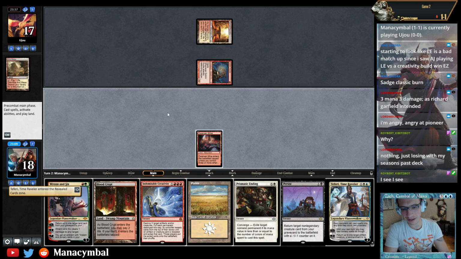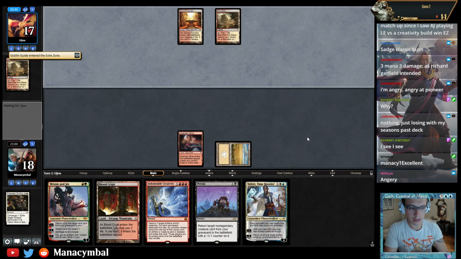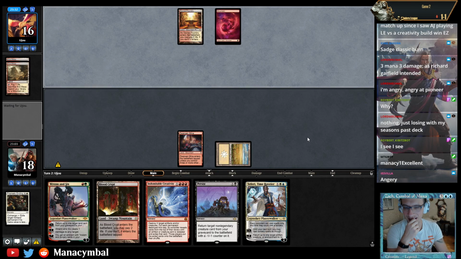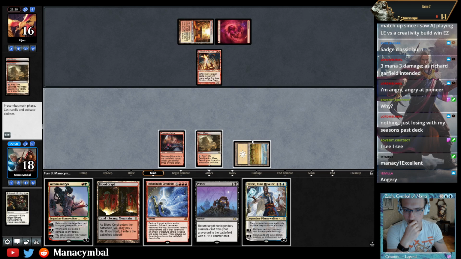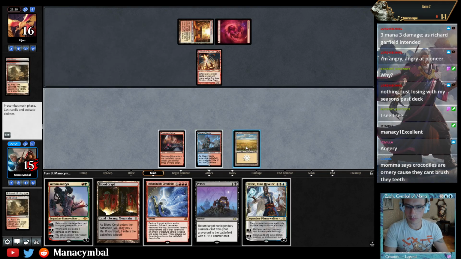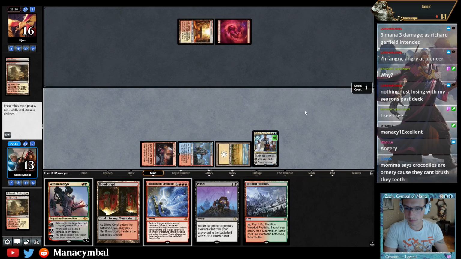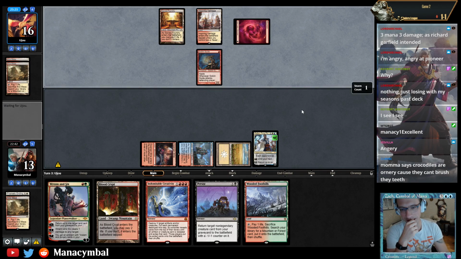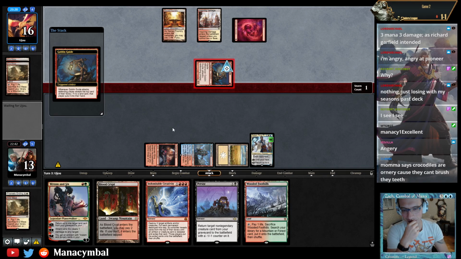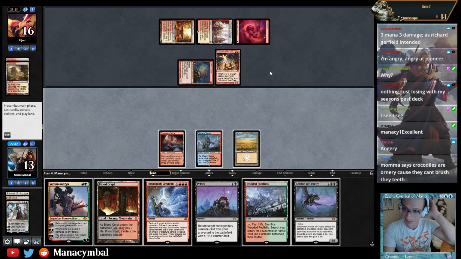We drew a Teferi. It's not really what I wanted. But, alright. Goblin guy. God damn it. I just killed you. Archon on top. Boo! I don't have a way to discard that. At least they wasted their time killing my Teferi, but...